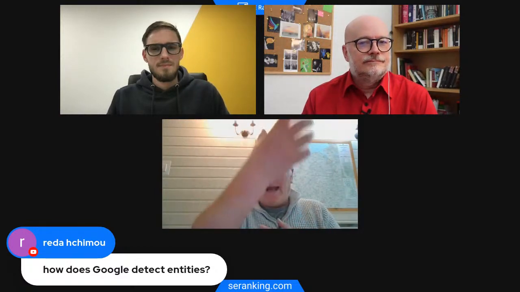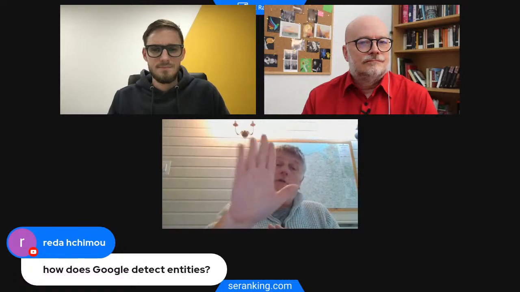So it can work out the difference between those words based on how it reads that page, and it will break every page down into sometimes hundreds and hundreds of entities. There is a Google NLP API that you can use, and it will show you which ones it thinks are most important.